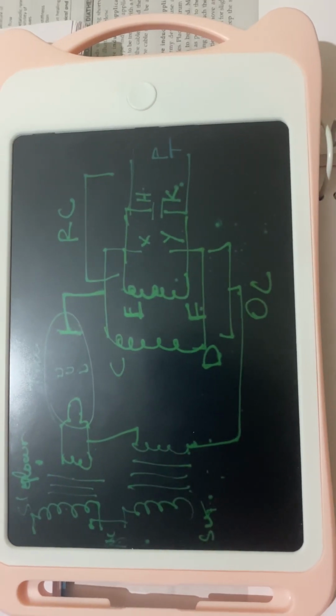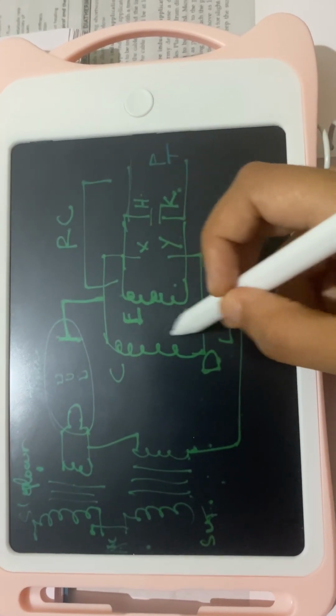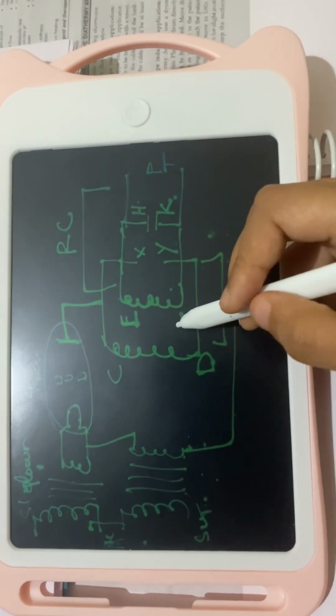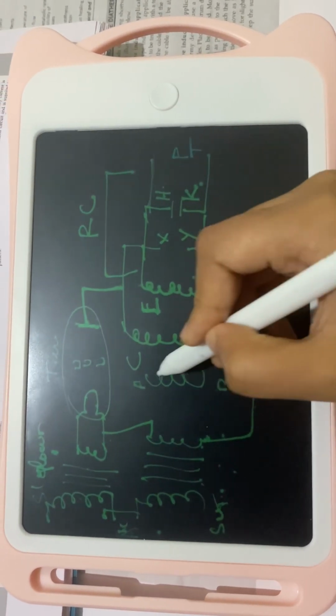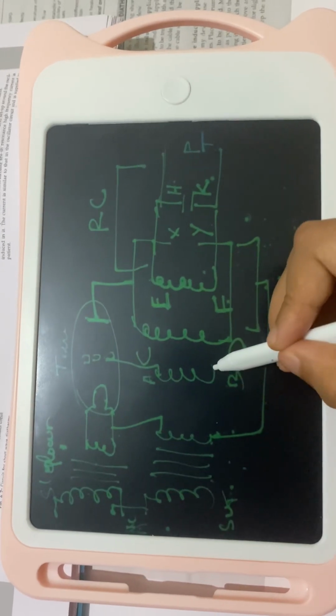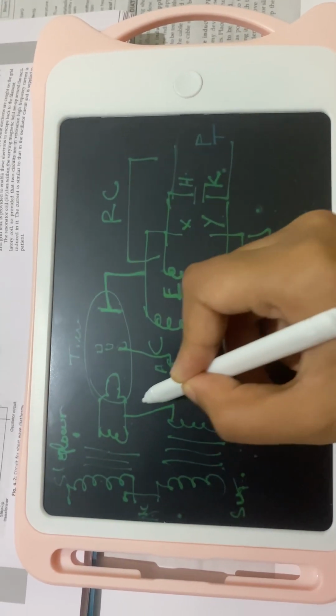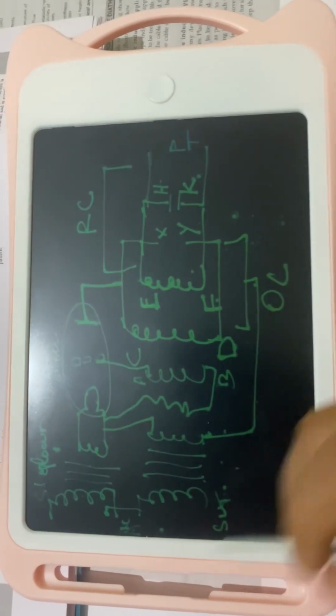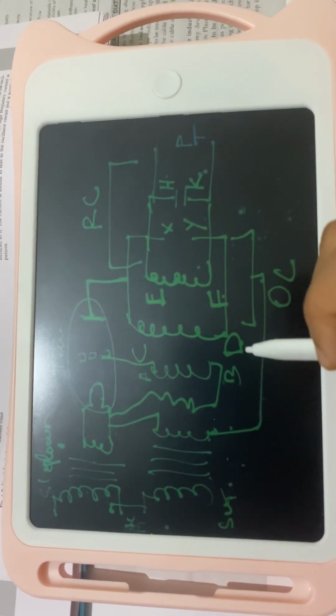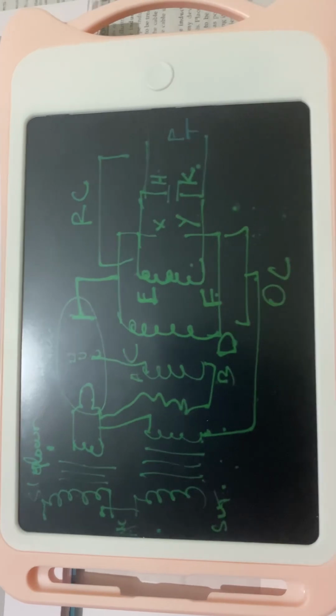So close to the CD coil, there is another coil called AB, which is connected to the grid, and through the grid resistance it is connected to the filament again. So this is the construction. Coming to the working